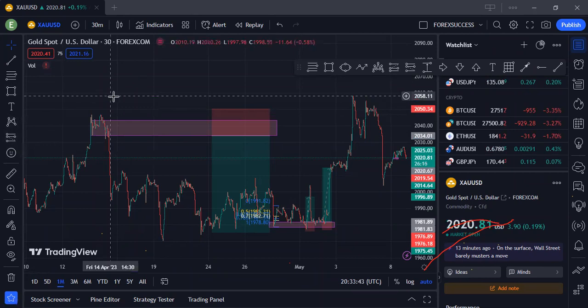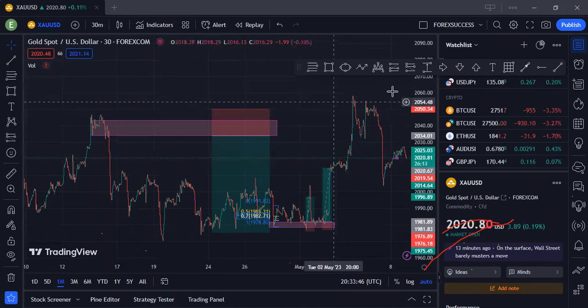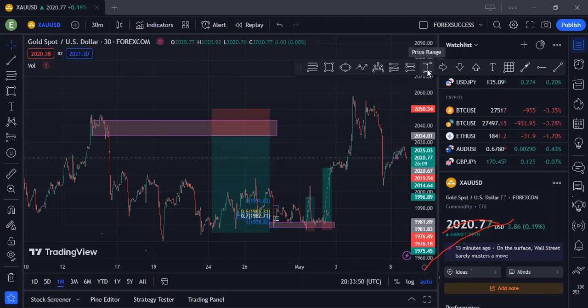There are a lot of tools you can use to calculate your pips, but let me look for one. Yeah, they call this the price range. You can see the name there, popping up: price range. We use it in calculating pips. Now let's make use of this